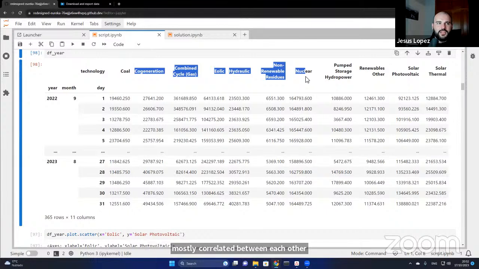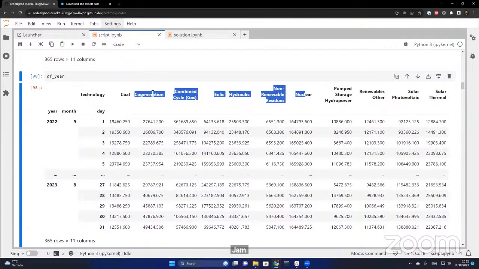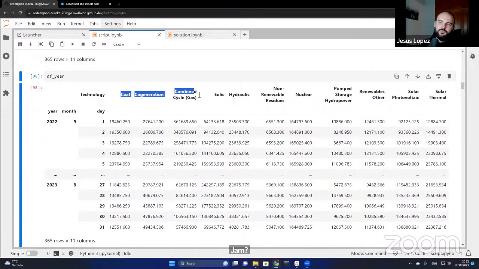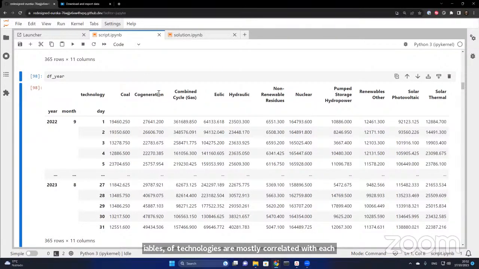Shyam? Which parameter? Like I would like to see which pair of variables of technologies are mostly correlated with each other. So, no, I don't get how to do that. But what I'm thinking right now is we can just loop it in the sense of